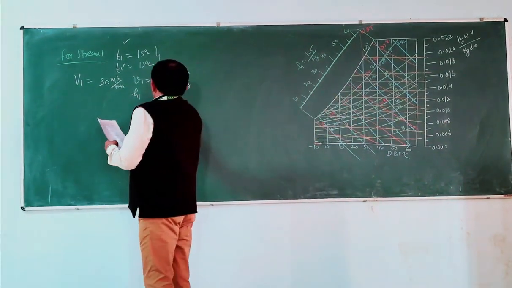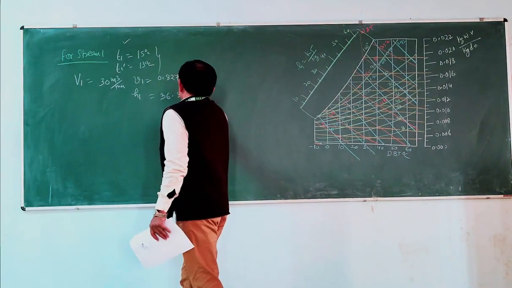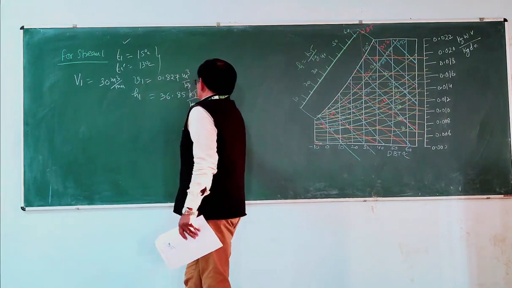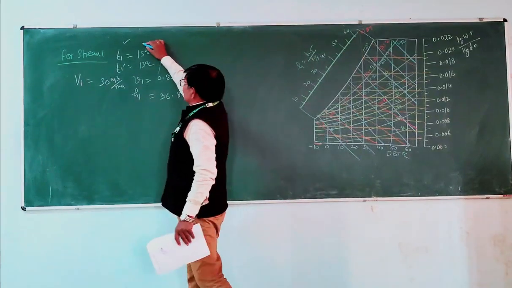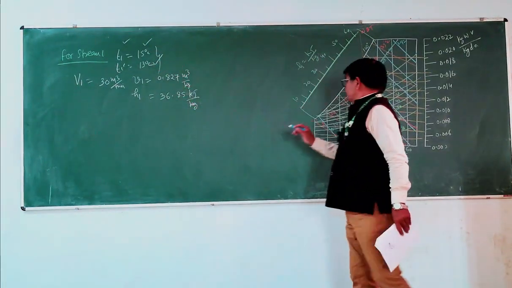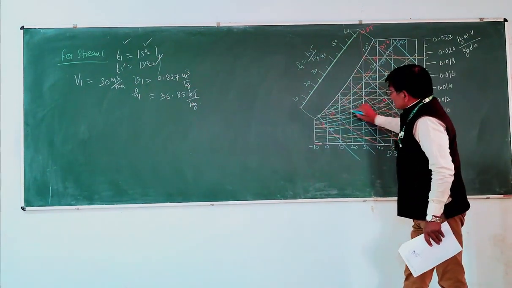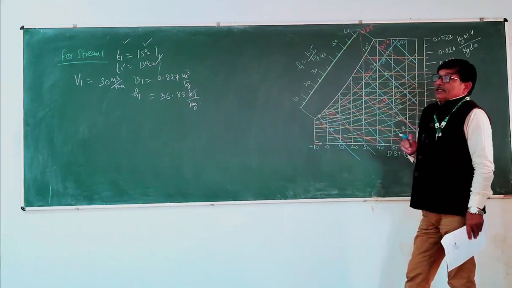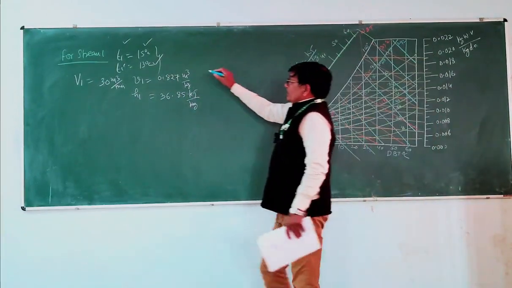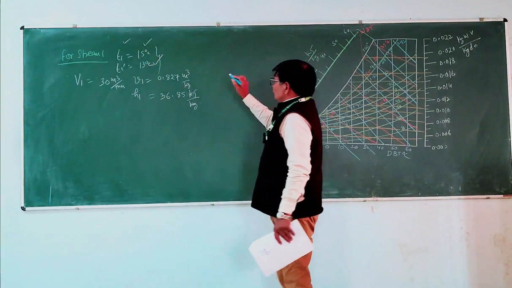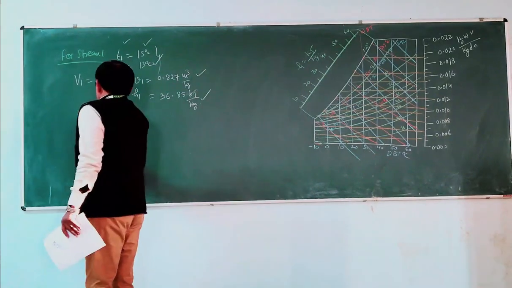That will be equal to 36.85 kilojoule per kg. So H1 you can get after getting the intersection of T1 dry bulb and wet bulb at this point, and you will find enthalpy by drawing a parallel line from the wet bulb, because enthalpy lines are always parallel to wet bulb temperature. So after getting the intersection from T1 and T1 dash, you will get all values: v1 equal this one, H1 equal this one. And for stream 2,